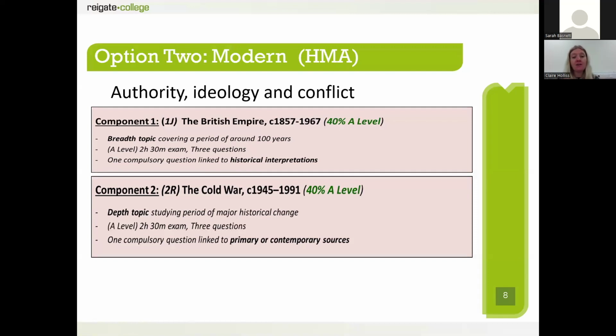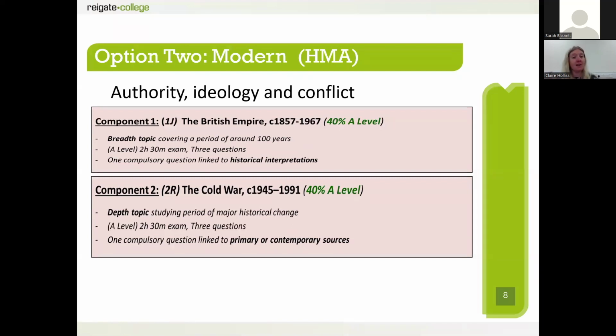The second component is one which you might be more familiar with from your GCSE courses, and that is on the Cold War from 1945 to 1991, and that's also 40% of the A level. So that is, again, looking at the breakdown of the wartime Grand Alliance at the end of World War II, why the USA and the USSR end up in conflict with each other, and then looking at key developments, things you might be familiar with already, like the Cuban